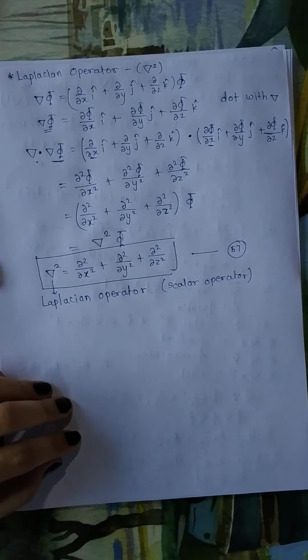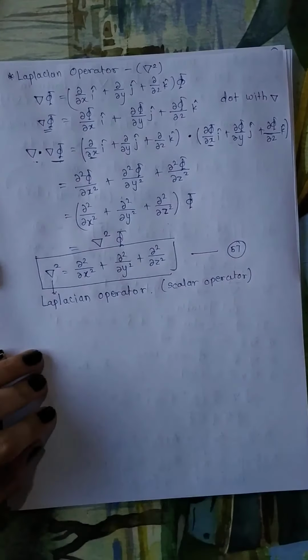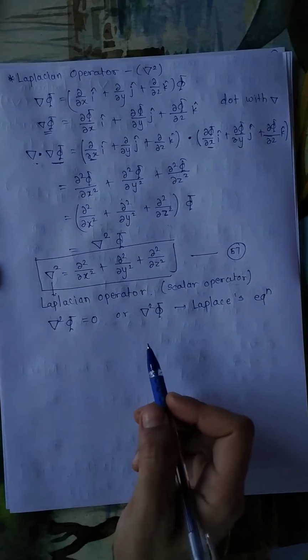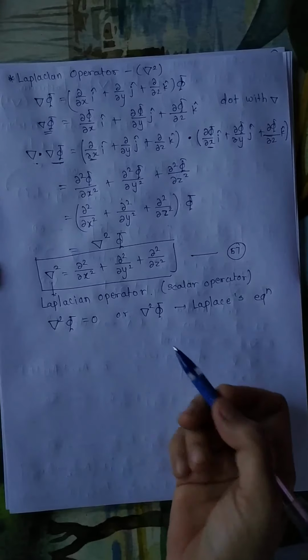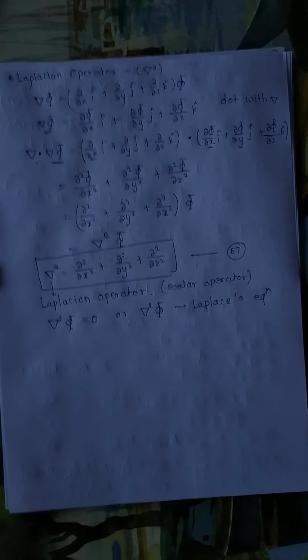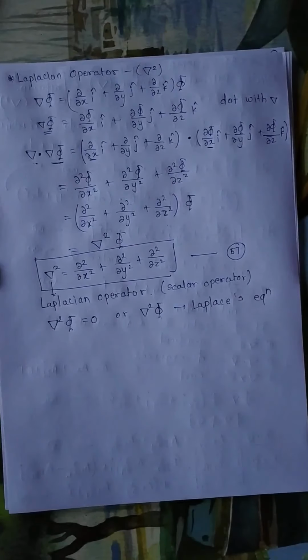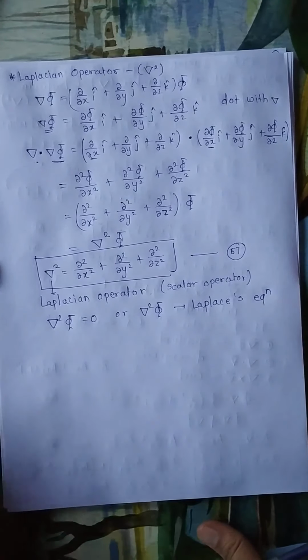The Laplacian is a part of several important equations in our mathematical physics, and del square phi equal to 0 is known as the Laplace equation. And these equations arise in numerous problems in heat, hydrodynamics, electricity, magnetism, aerodynamics, different branches of physics. So this del square operator arises in the different branches of physics. Therefore, it is a very important operator and important partial differential equation in physics which contains del square.